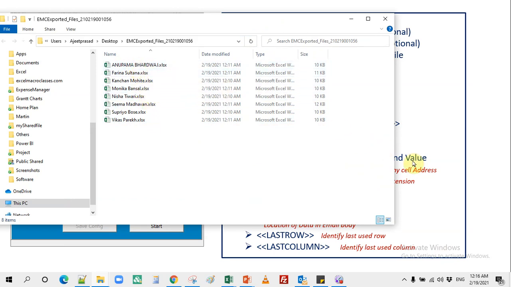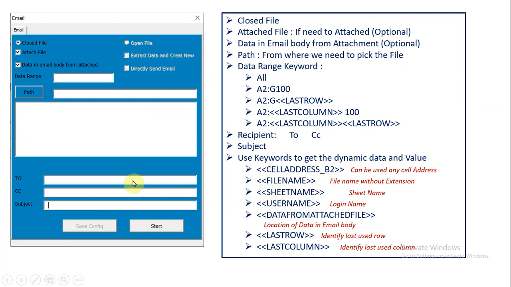Okay, so it will get replaced if we use file name as a keyword anywhere in the email body or in To or in CC or in subject, anywhere. If we use all these keywords, they will get replaced by the real value. Similarly, we have sheet name, username. Okay, last row and last column will only be used for data range.